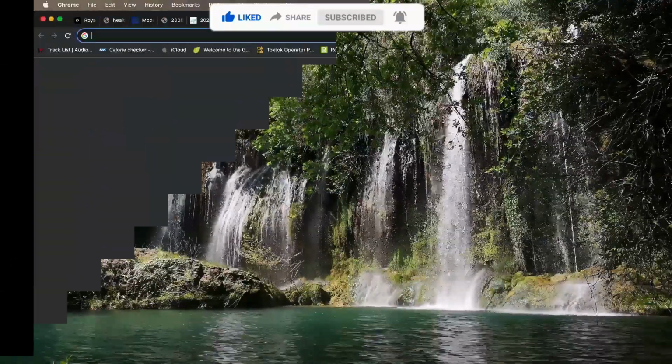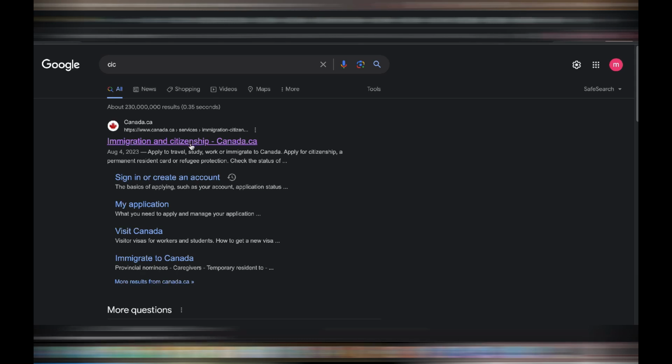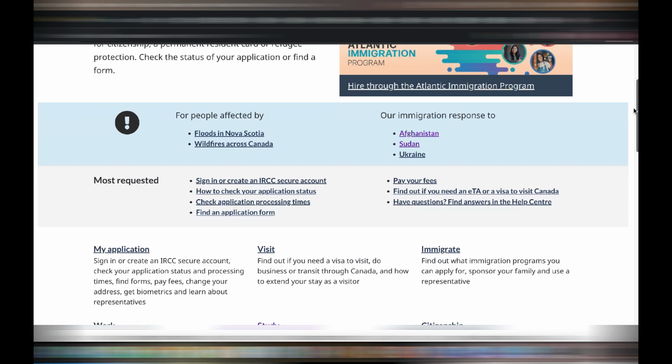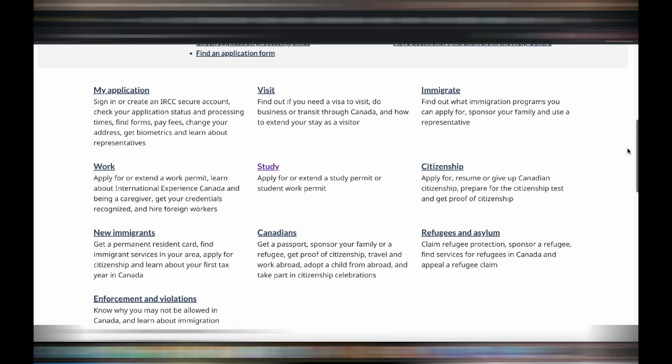Let's get started. There are only 5 steps that I'm going to share with you, and the first one is to apply to schools in Canada as an international student. To do this, we go first to the Immigration and Citizenship Canada.ca website. In the homepage, you'll find links or information about just anything that's related to immigration, citizenship, and refugee. Since we are interested to know how to apply for a study permit in Canada, let's go ahead and click